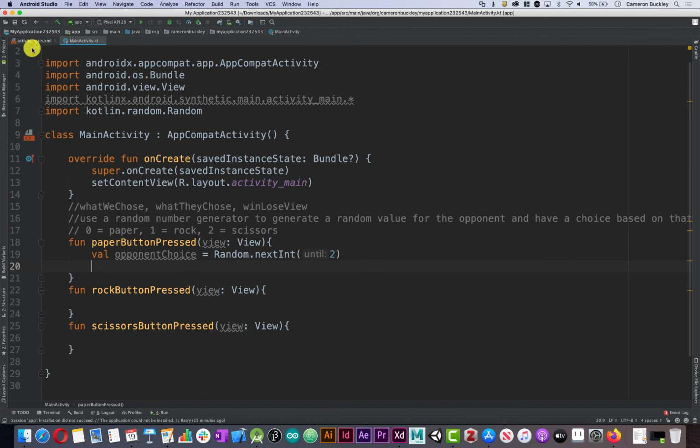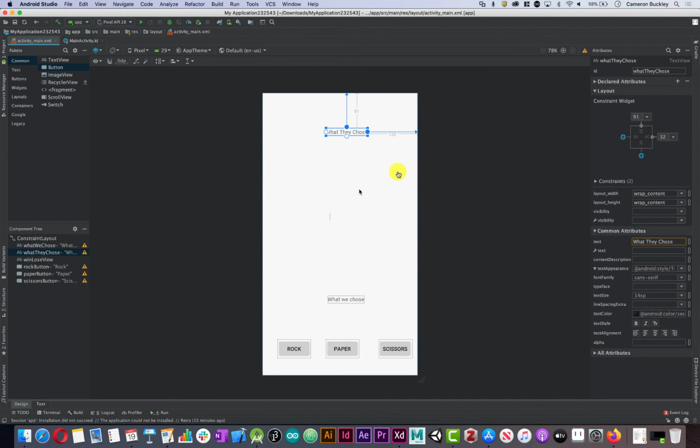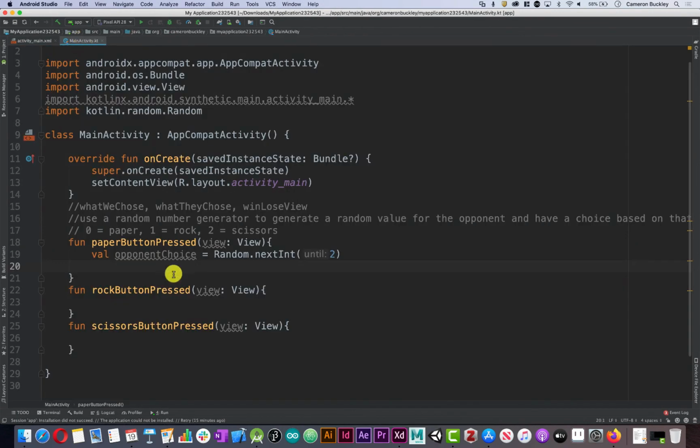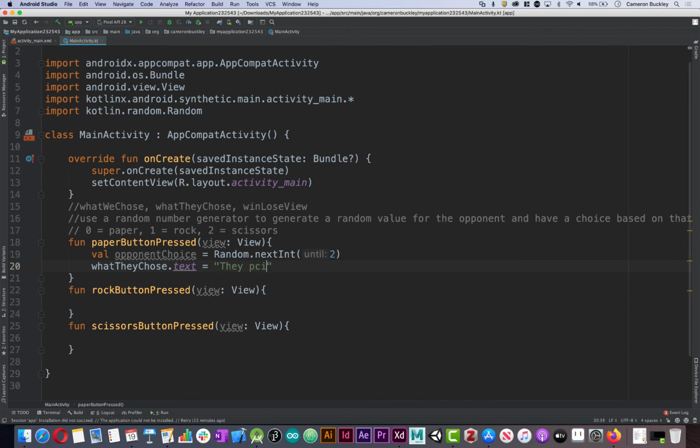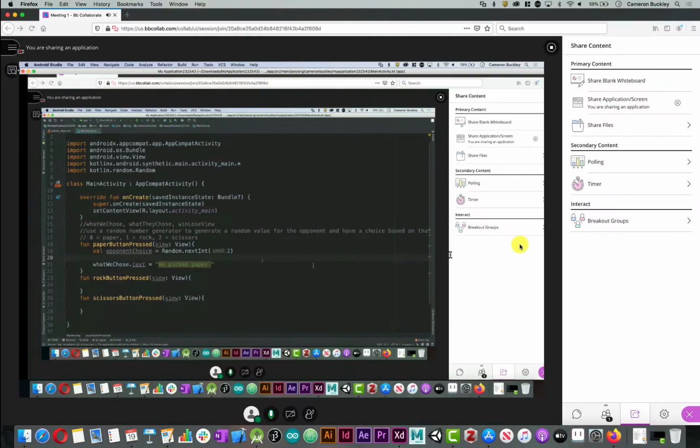So let's change some of our text that's displayed, right? Because we're going to change what they chose, which is called what they chose. So what they chose dot text equals, and we're going to say they picked. Oh, we need to do what we chose first. My apologies. In this case, it's paper, right? Because it's paper button pressed. So we do need to create a when, or in